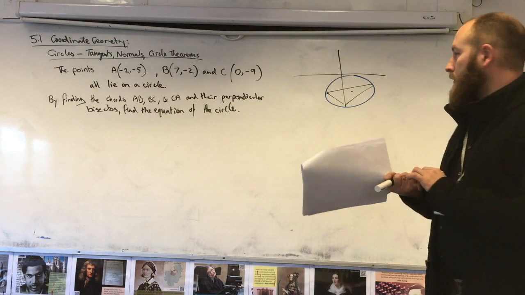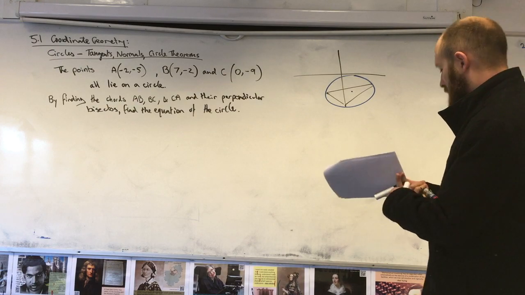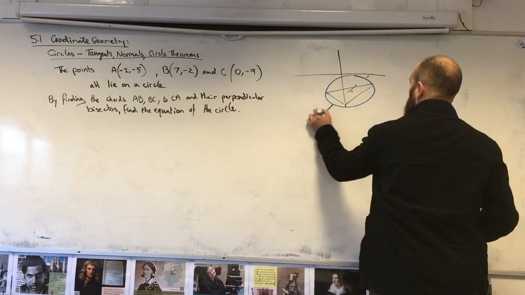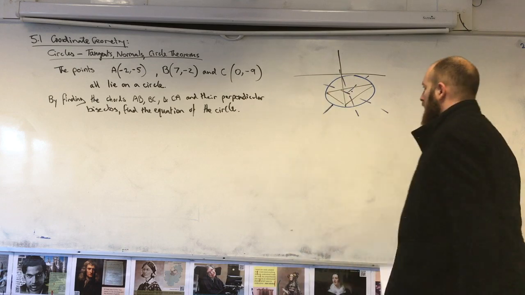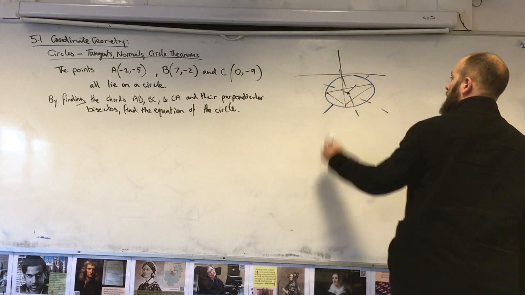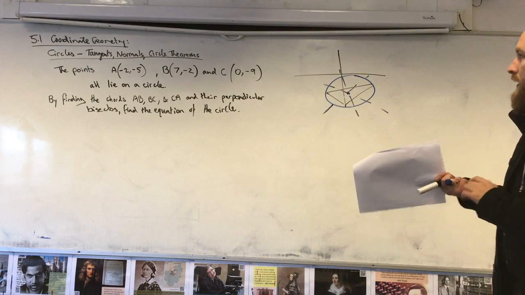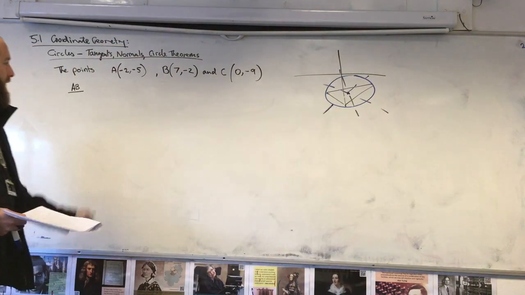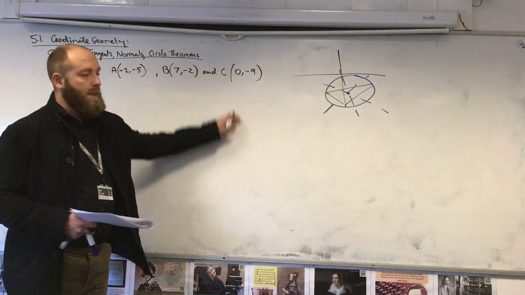So that's what we're doing. We've got 3 points roughly, we've got a circle there. We're going to try and find the perpendicular bisectors and find where they all meet. Okay, so I'll find AB first, then BC, and then CA,